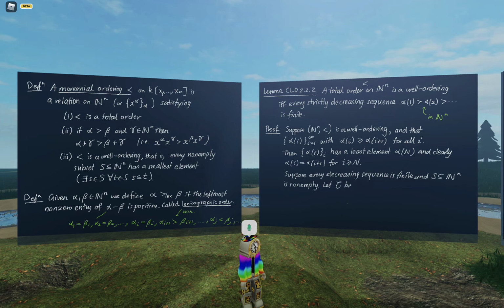Well, let C be the set of maximal chains that look like this in S. A maximal chain just means a sequence where the first thing is greater than the second thing, and so on, and it can't be extended at either end. That is, I can't make this bigger, and I can't make it bigger on that end either. So C is the set of all such things. This is non-empty,